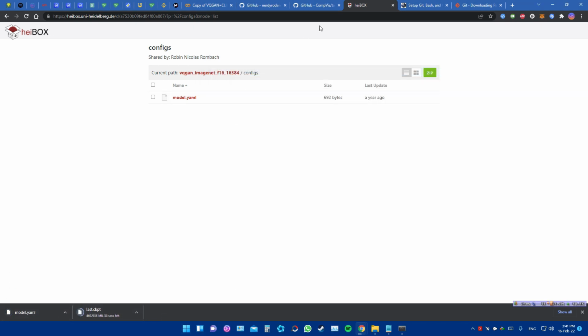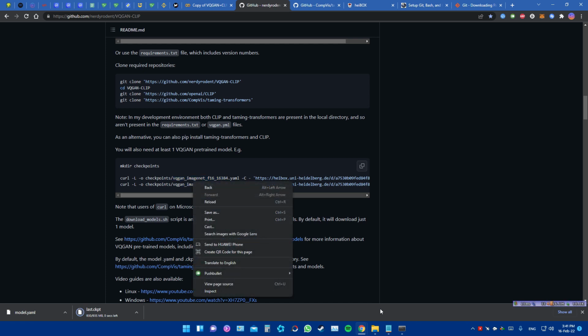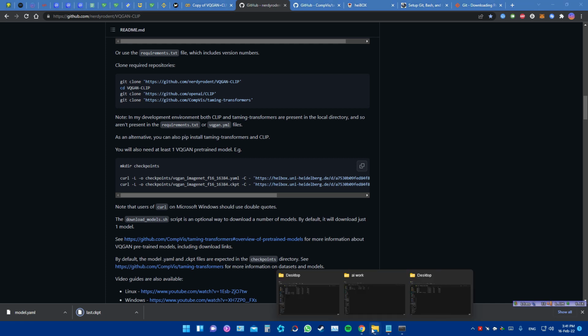After we download those two files, we're gonna need to rename them. So the name they're gonna have is this, because we chose the F16, 16384. So I'm gonna just copy this. They have identical names, so it doesn't matter. We're not gonna copy them twice. You just copy it up to the number. Don't copy the YAML or the CKPT. You just copy this text, and we go to